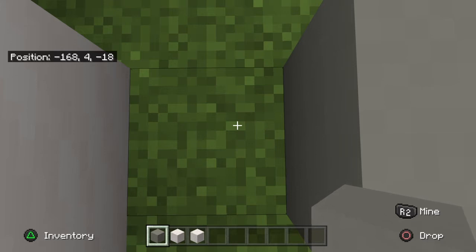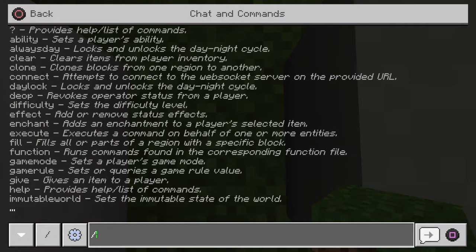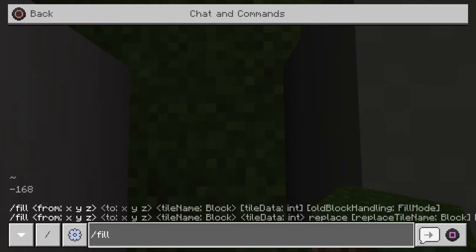And you can pull that up, so you could put /fill, and you just type in this -168, and sometimes it'll be off by 1 because the game thinks you want the one below. You could do it like that, but I just do it like this. So 168 for me, it would be 4 in this case, and